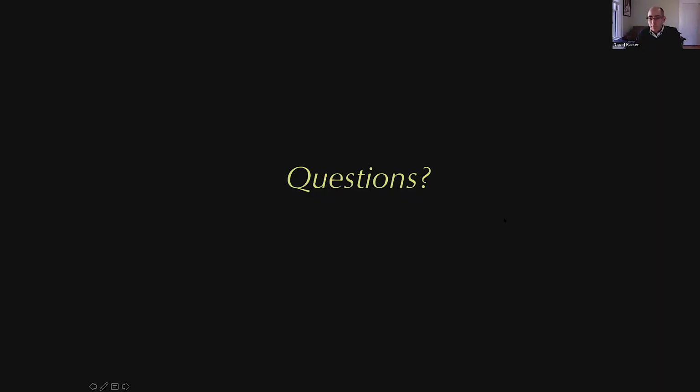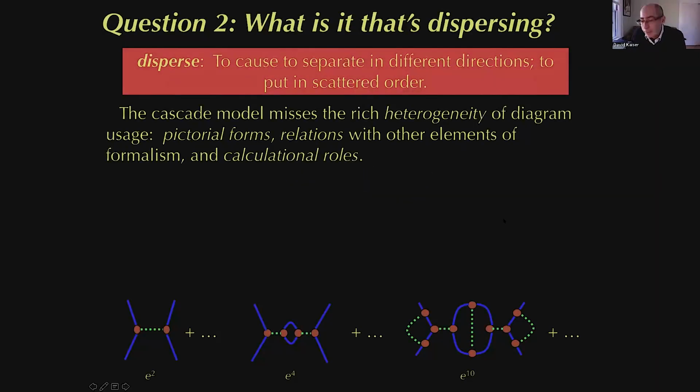I want to talk next about what people were actually doing with these diagrams, and this will connect with one of the articles that I'd assigned for today's reading. So remember that second meaning of dispersion is to get more and more distinct from each other, like the single beam of light separating into the distinct colors of the rainbow. So this picture of how they spread doesn't really capture what people were doing with them. And in fact, as we'll talk about in this part, people got pretty creative in putting the diagrams to a range of different uses.